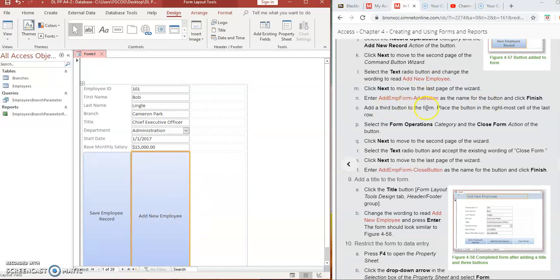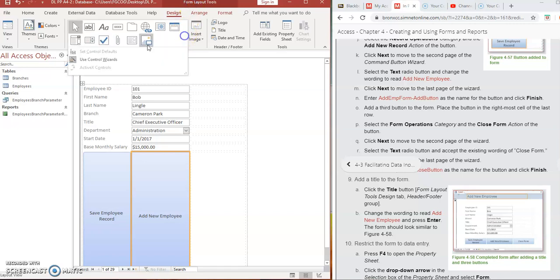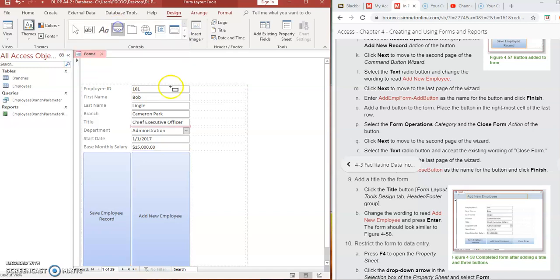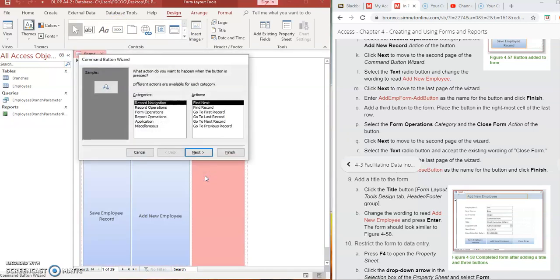The third button is placed in the last column. So click on form operations again. Make sure that use control wizards is selected. If it is not selected, please make sure it is selected. There should be a gray box selected next to it. We're going to create a new button and select the third one. In the third one, you're going to select